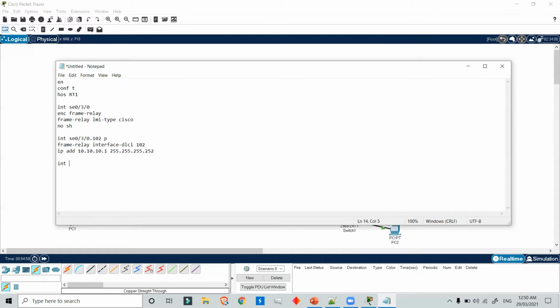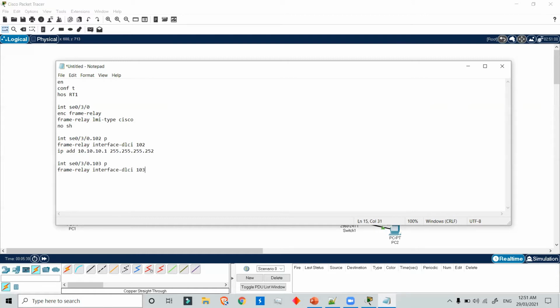Then we will use interface Se0/3/0.103, and the same commands as above, frame-relay interface-dlci 103.